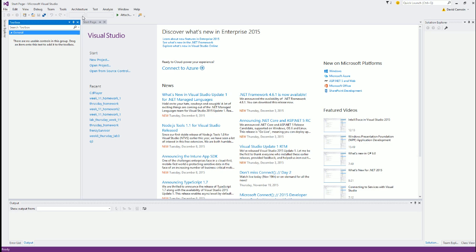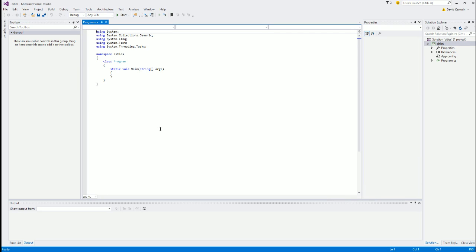So let's say we are obviously going to be writing this on paper, but let's say we're making a new console app called Cities. C sharp console app. So say we need to make a class for cities,